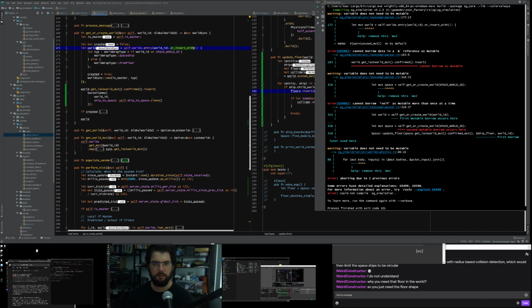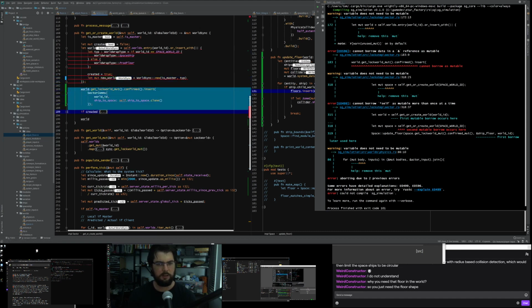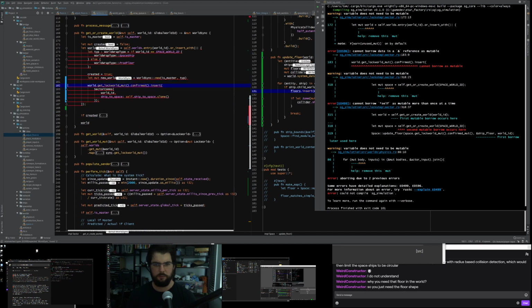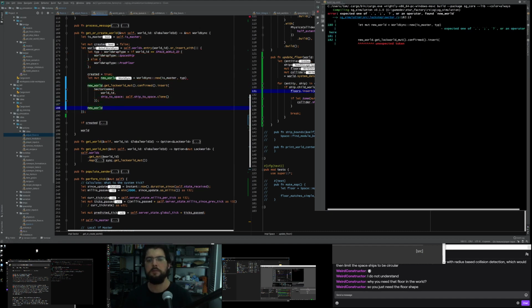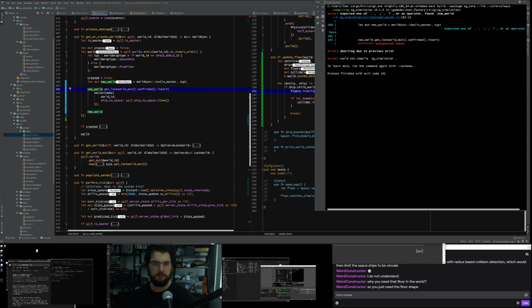Oh, I see. So this or insert with. So, okay, that makes sense. Let new world equal this. So we're making a mutable new world. We're going to do the calculation in here with the new world, like so. And then we're going to return the new world. So this inner function is called whenever we create the world, but most of the time we don't create the world, it already exists, so it doesn't call that function. So the logic to add the events to it shouldn't have been there anyway.